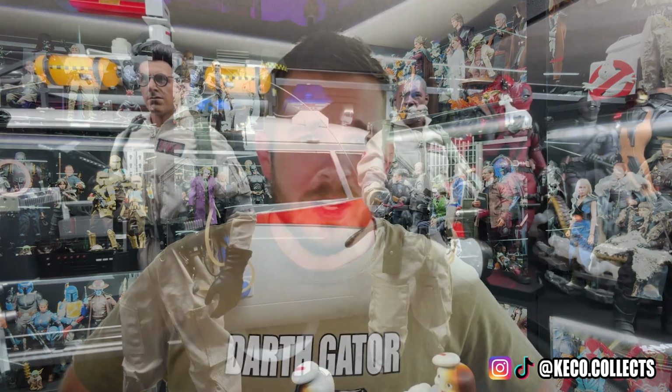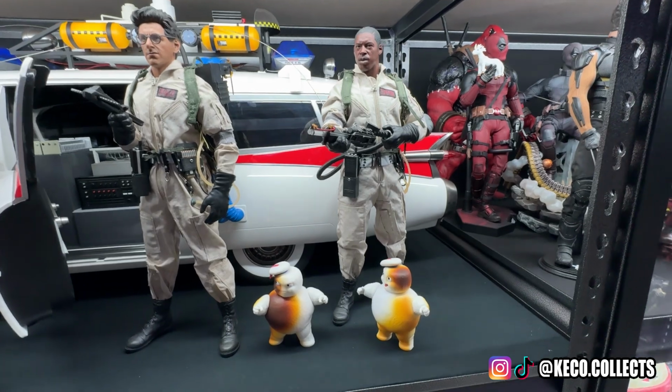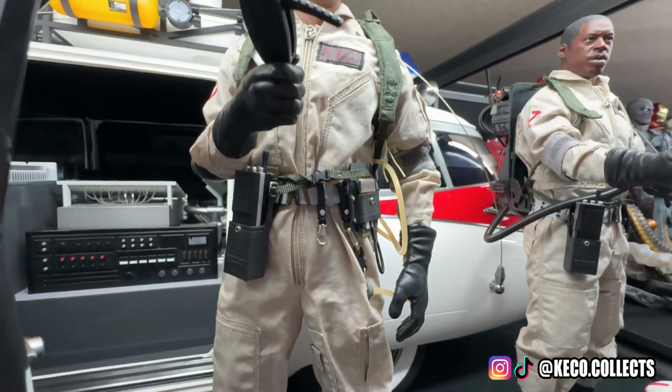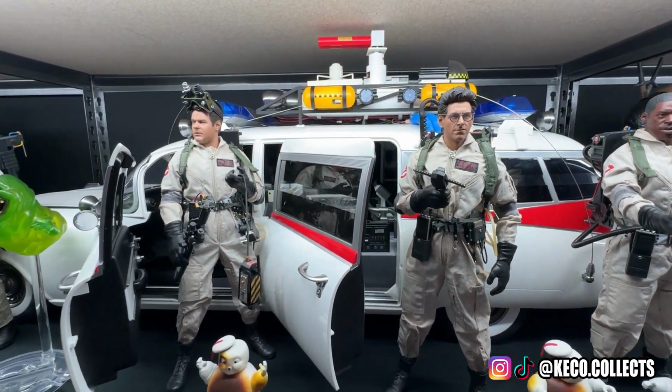The first question you have to ask yourself is, why do I need this? Not just want this. I'm going to use the example of the Ghostbusters because they still are some of the hardest to obtain and costliest pieces in all of 6-scale collecting, and the most expensive single pieces that I have ever bought. Now, Blitzway announced this 4-pack of Ghostbusters all the way back in 2018, and the Ecto itself in